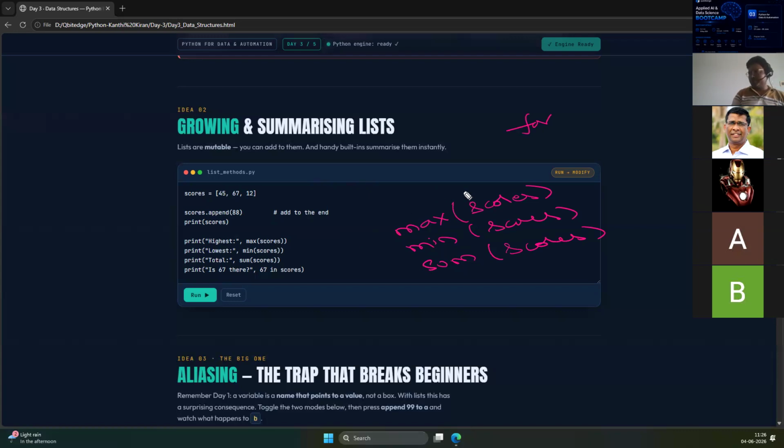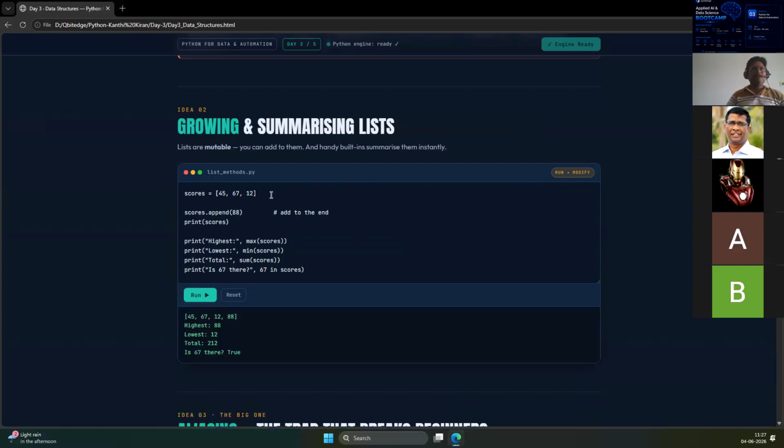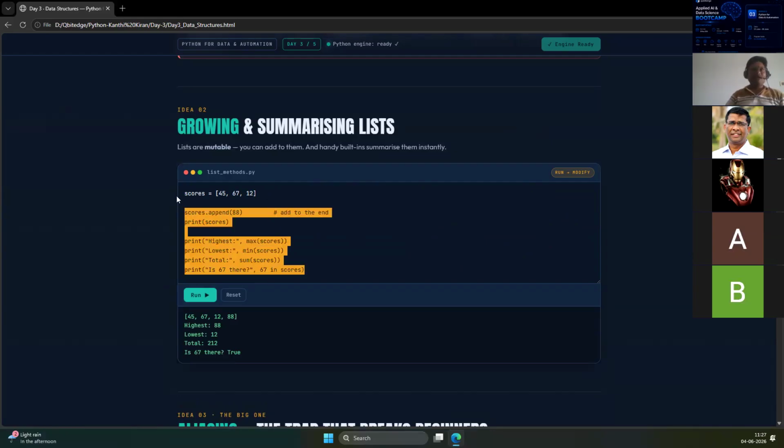Previously for sum, we have written a for loop, but now by using the sum method, we are able to perform the sum without making use of any for loops, right? So this is about how we can add elements to the existing list and how you can perform summaries regarding it. Now, quickly, I'll use the Python visualizer